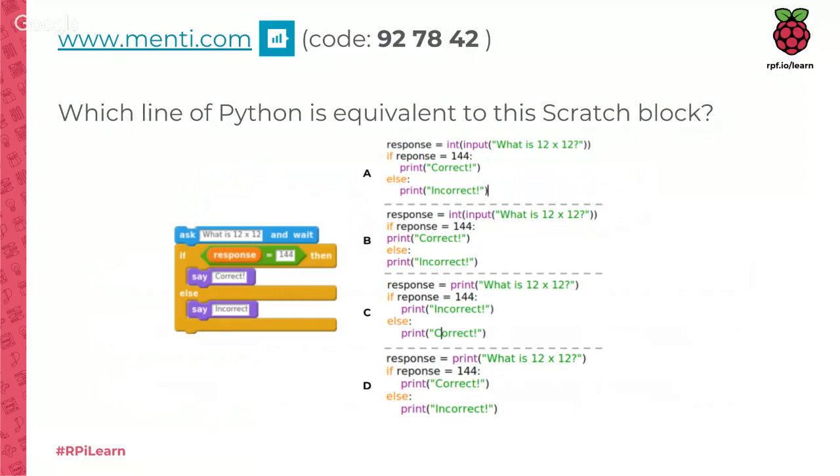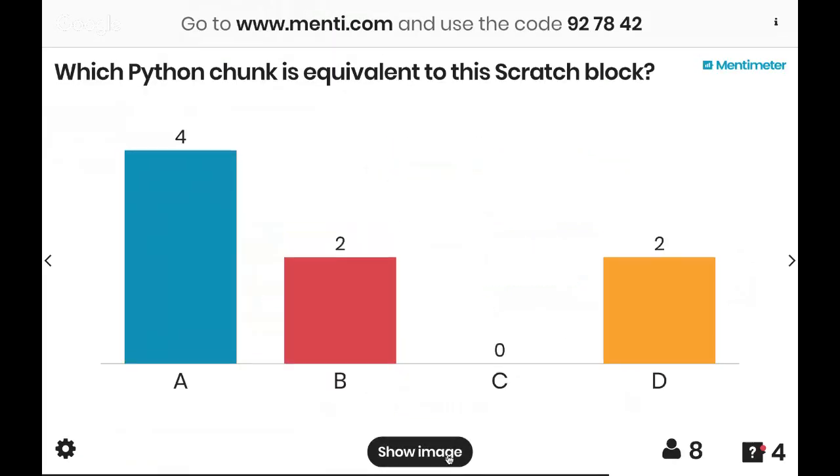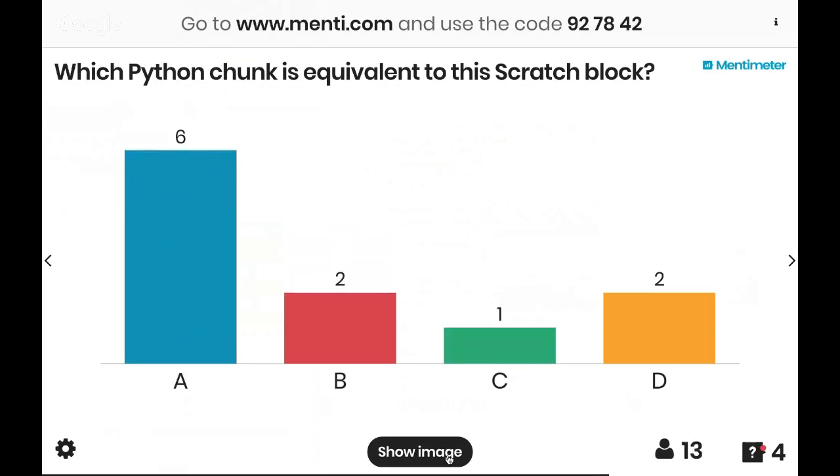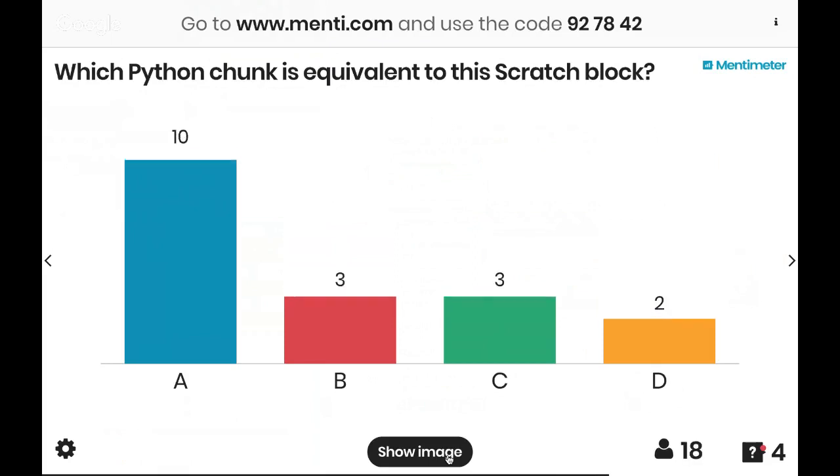Great. And let's have a look and see how we've fared with that one. So let's switch over. Okay, so we have a bit of a split here. Okay, this is good. Those polls are moving around a little bit now as well. So let's have a look at this. So A, okay, I'm just going to read that one back.